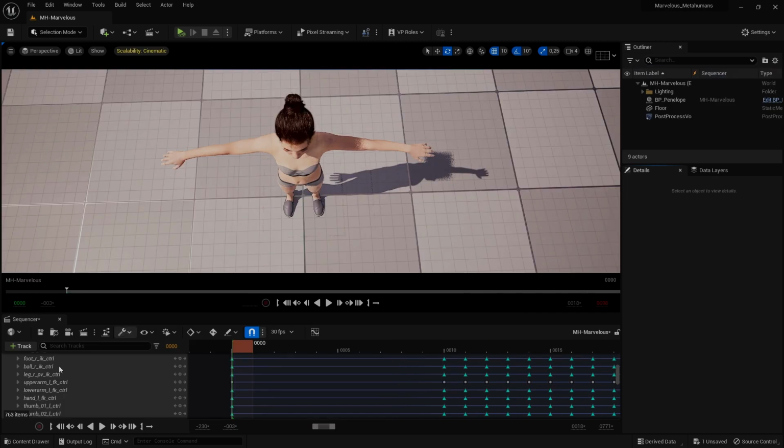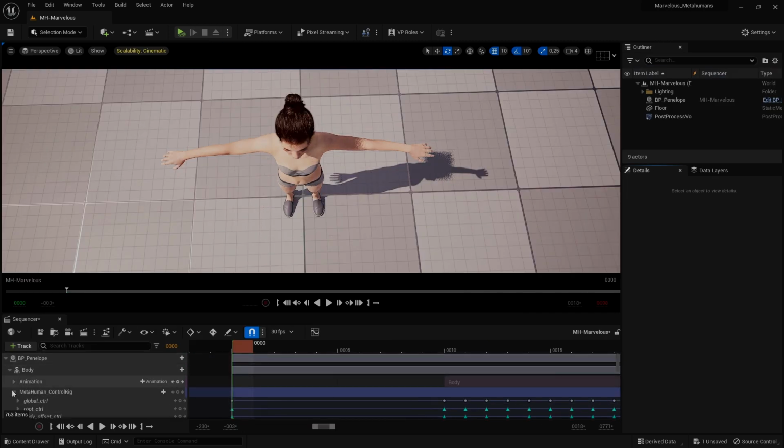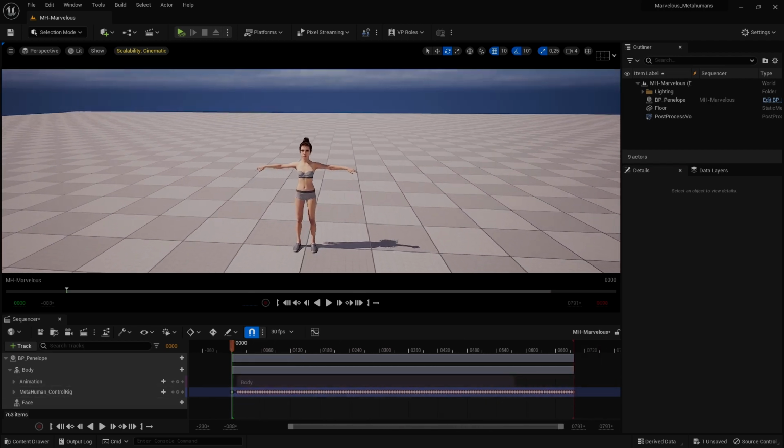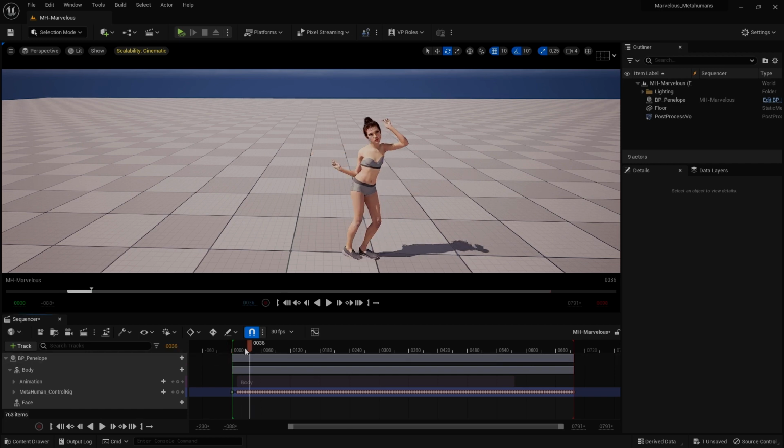Exit animation mode, scroll up, and then you will have your animated T-pose.